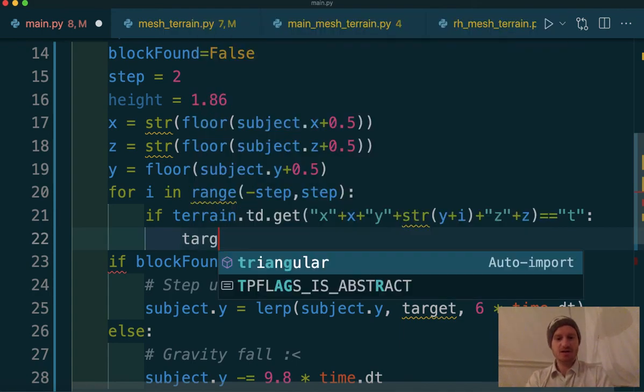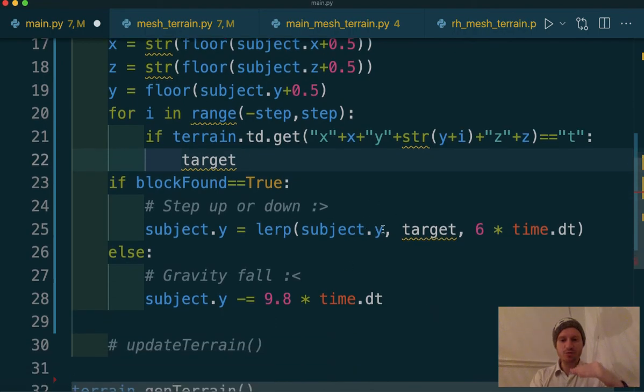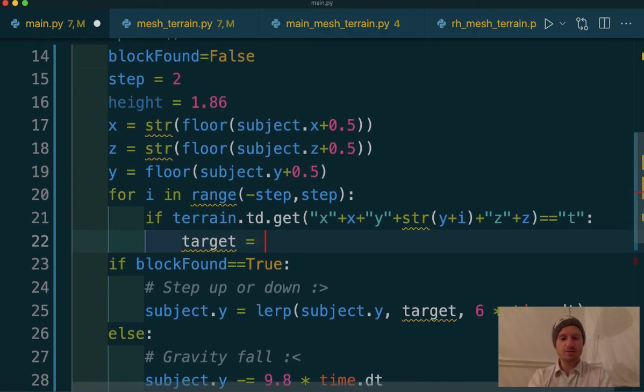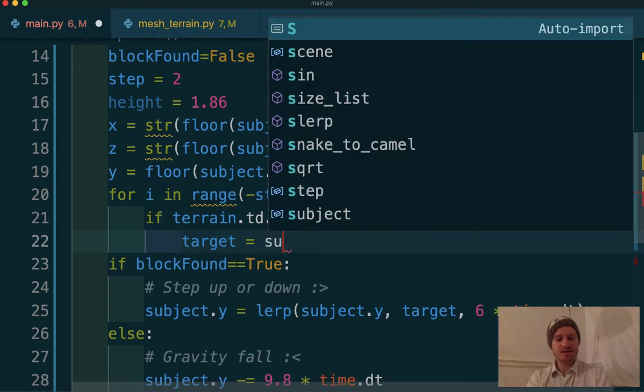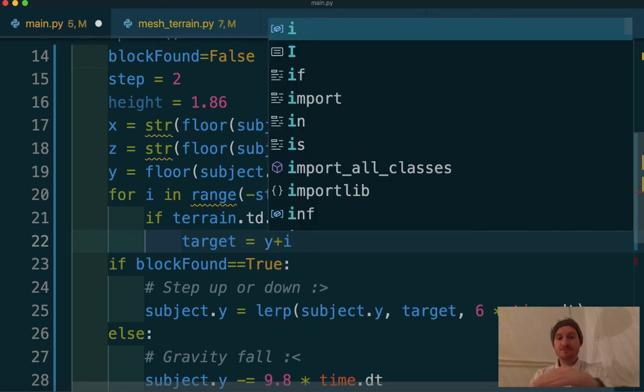So target, remember we're going to use target down here in our lerp function. We're going to move our player's position to the target. So I'm going to say target equals this current y that we're checking. No, it's going to be subject.y plus. Oh no, we've already included the subject here, haven't we? So it is just y plus i, so the current step up or step down, and then we want to